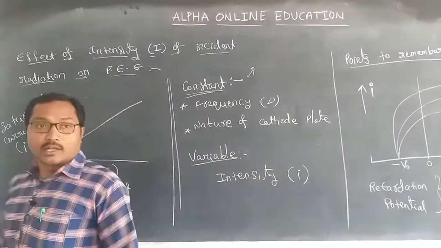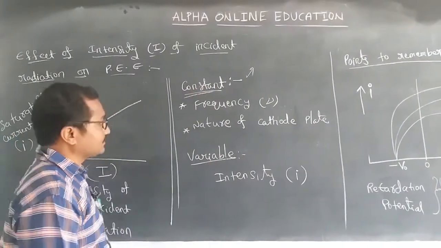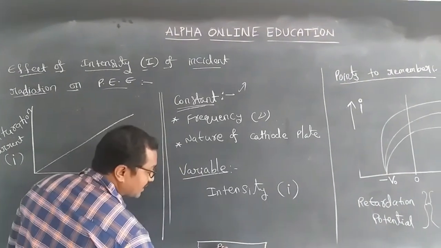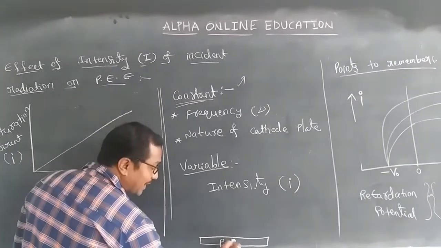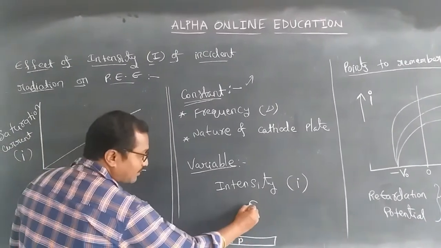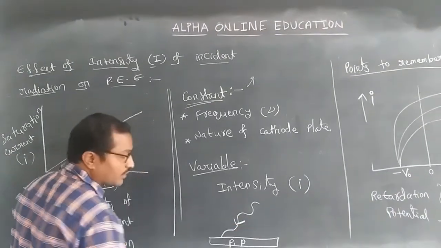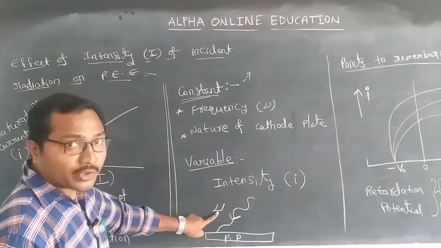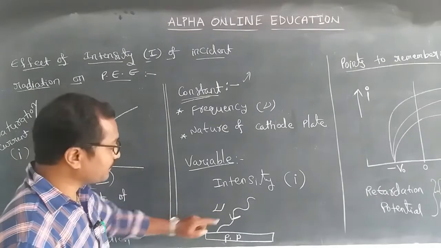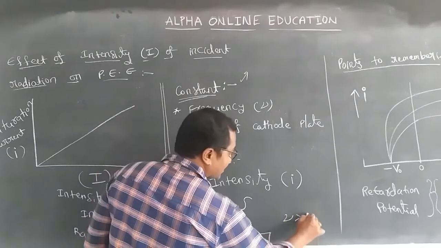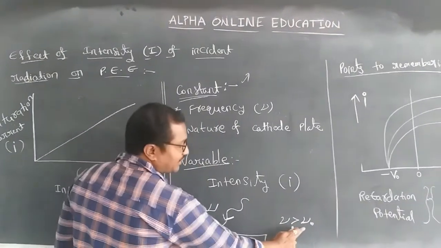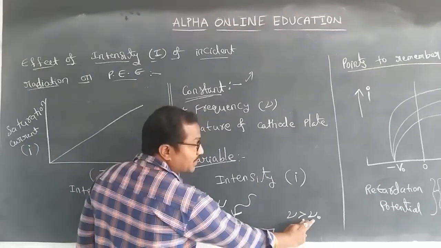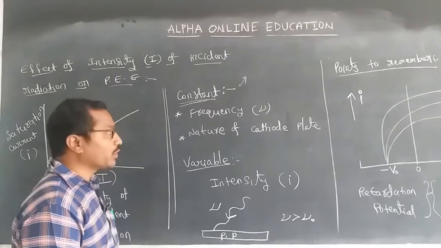Okay, fine. Now see how we have to understand this. We know about the photoelectric effect. This is the photo plate I am taking. On this, some light is incident with a specified frequency, and this frequency will be more than the threshold frequency. The incident frequency must be more than the threshold frequency, then only we get the photoelectric effect, right.